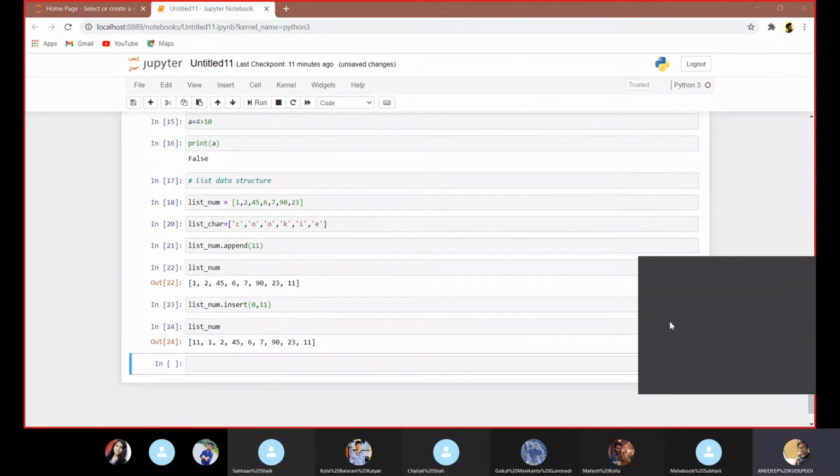In this way we can add any number to the list. If we want to add the number in a certain position, we can use insert, and if we want to add the number at the last position, we use the append function.